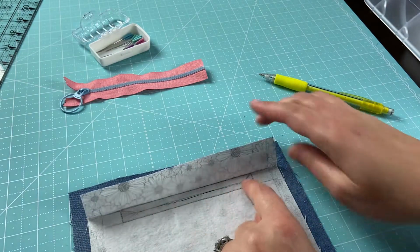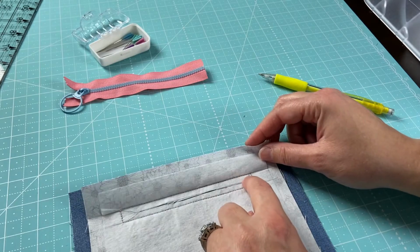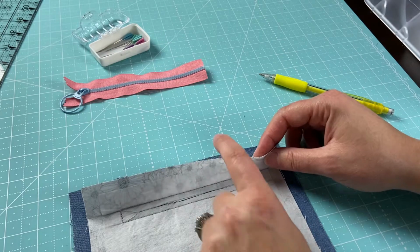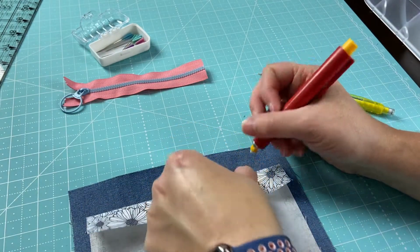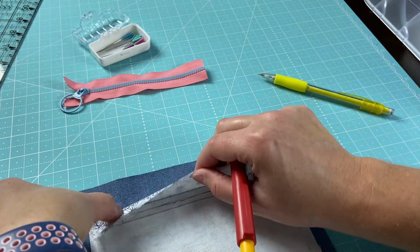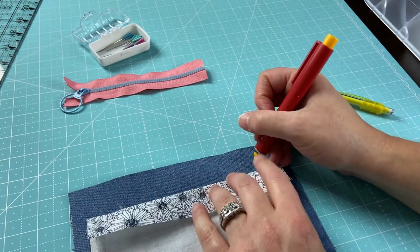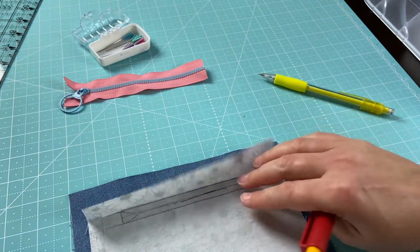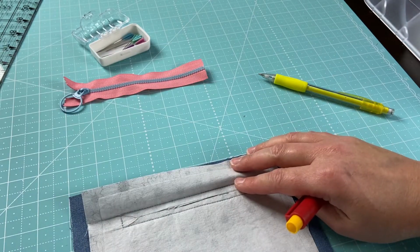Okay, and we're going to top stitch along here, but we don't want to really sew past the triangle here. So what I like to do, just so I have something to see, is I'll mark lines where I don't want to sew past. So I'll just kind of look and mark and mark. So we're going to top stitch across the top,